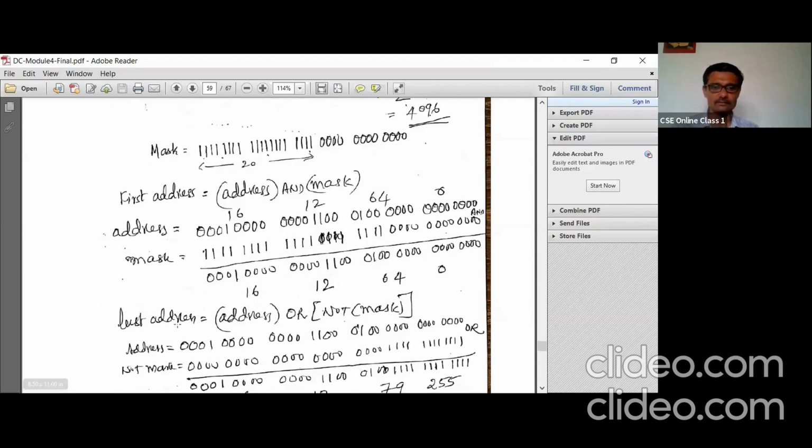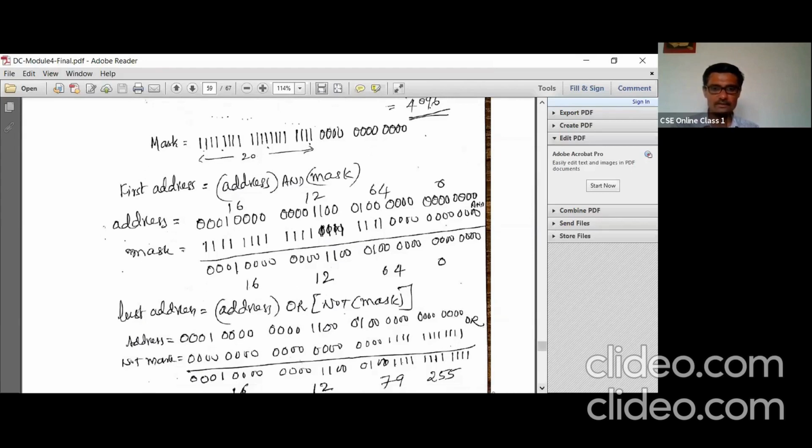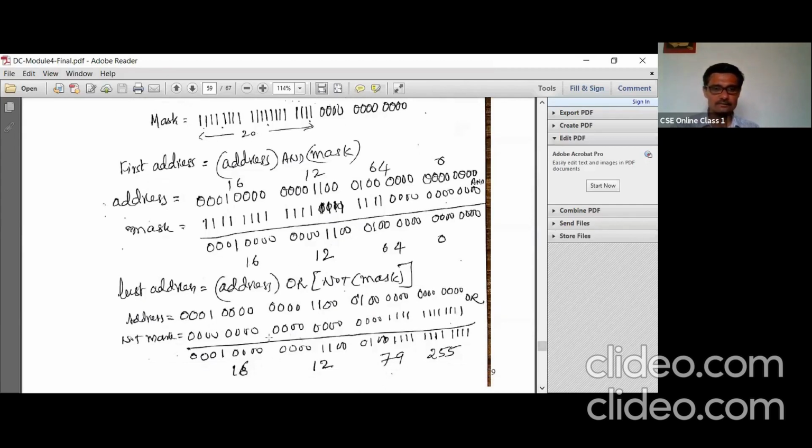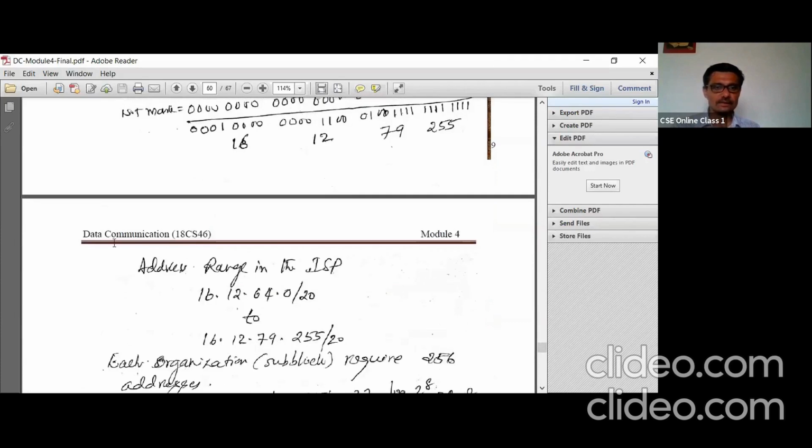Then the last address: the given address as it is, then NOT of mask, where you invert every bit of the mask. Then perform a bitwise OR operation between them. We get the last address here. So this is the range of addresses in the ISP.